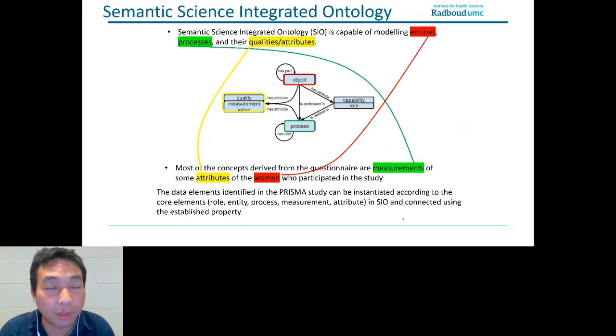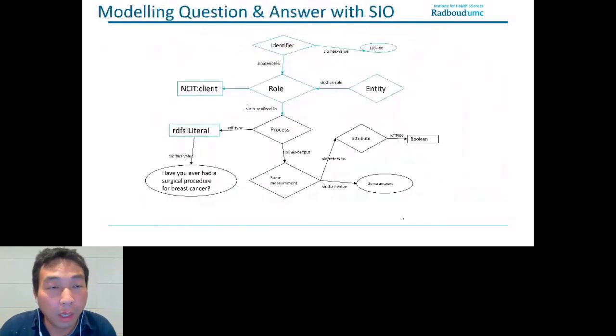So I'd like to show you an example. If you viewed the slides previously, you saw some of the work from the HAPRD, who are also using the SIO ontology. And yes, we also took the idea of using the SIO to model our questionnaire, so that we connect the questions and answers in one single framework.